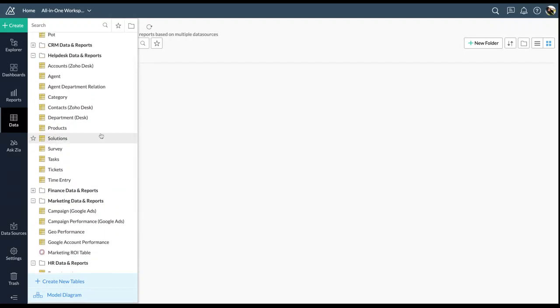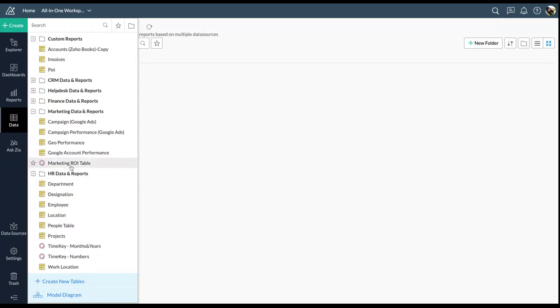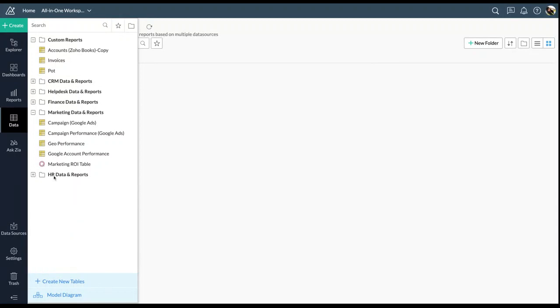The next thing is I use Zoho Desk as a help desk tool here. Using Zoho Desk, I manage the customers. That is, if they have any queries, they are going to raise a ticket, which is getting managed using Zoho Desk. Those are under the help desk folder. The information from Zoho Desk, like the agents, tickets, products, and departments, is all from Zoho Desk. For my internal team, for the HR related information, I'm using Zoho People. I'm also running some marketing campaigns using Google Ads, which I have imported and kept as marketing data